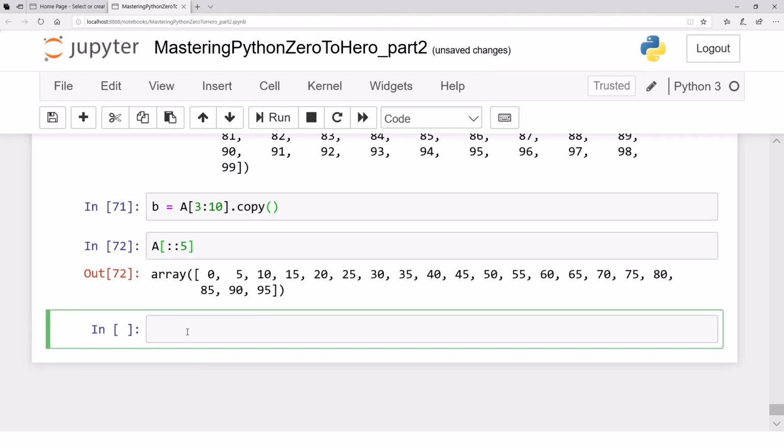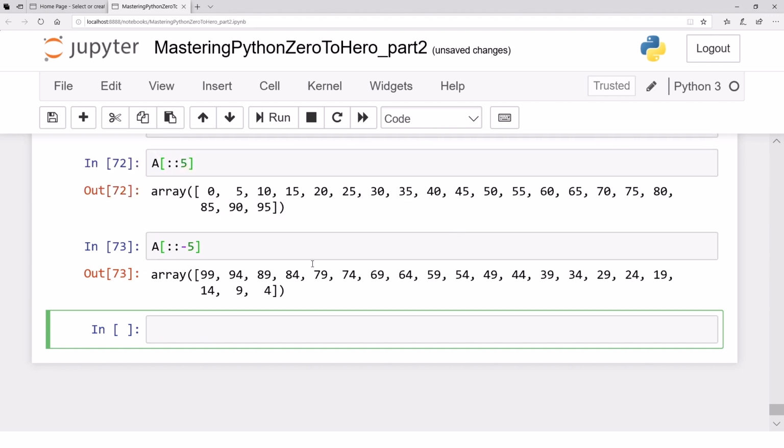Great. What do you think this will do? Let me teach you by example. Remember, if you apply a minus here, the start and end get swapped, and this becomes a step from the end. So the same kind of impact happens: you start from the very end, then you take a step of -1 from the end, and you just